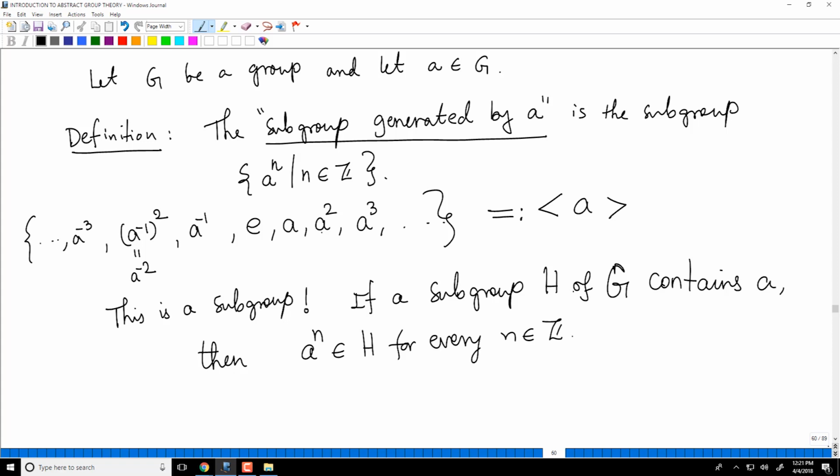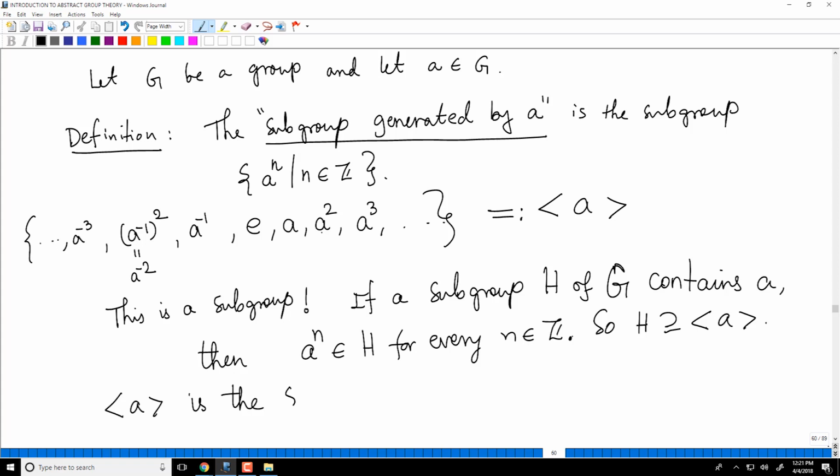Because if H contains A and H is a subgroup, the properties of a subgroup say that A inverse is in H, A squared is in H, E is in H, so A power 0 is in H, A power minus 2 is in H, and so on. So all powers of A are in H. In other words, H contains the subgroup generated by A.